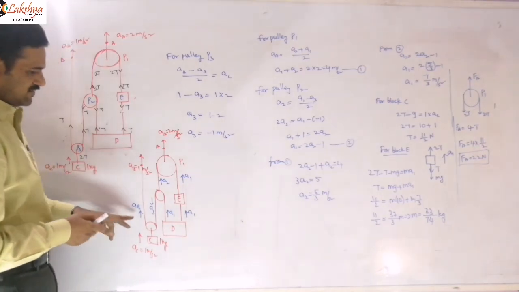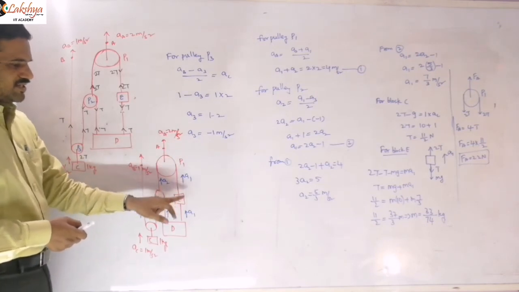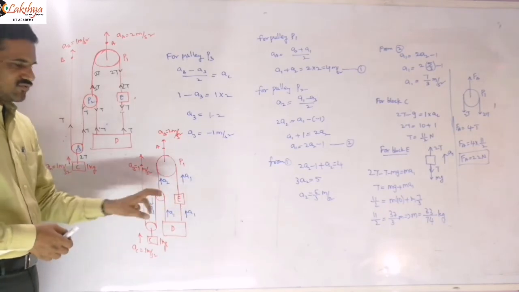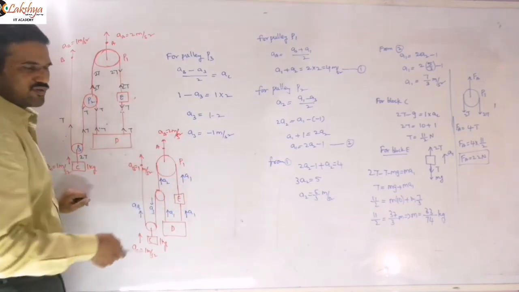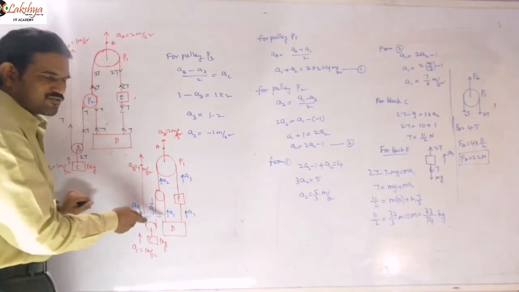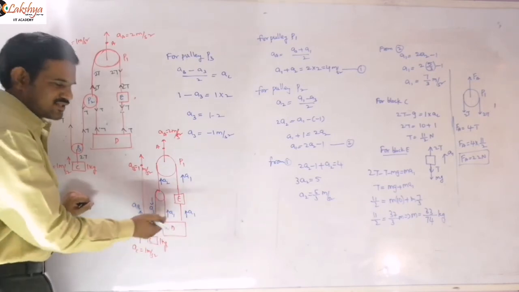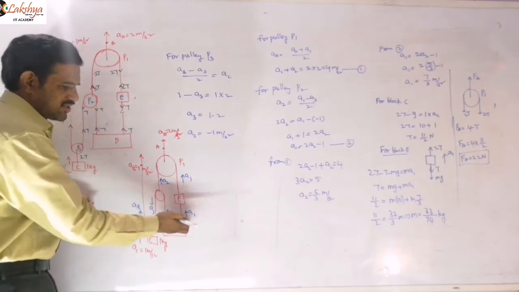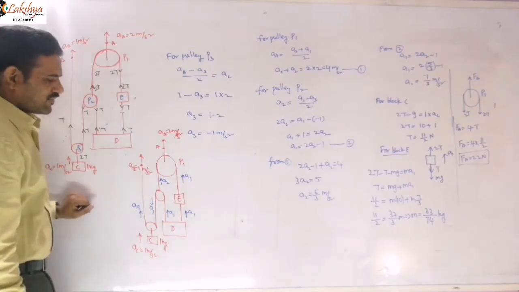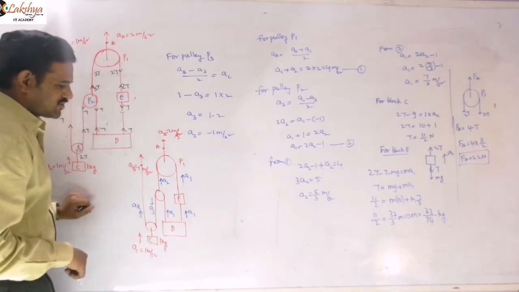And now I am assuming the acceleration of this end as A1, and if this end is A1, this is also A1 here, because these two are connected, this block is connected here, which is inextensible, and this is also moving with A1. Then this I am taking as A2, then here it will be A1. Why is it A1? In the sense this block is moving symmetrically, that is given. So the tension in this string and the tension in this string, and the acceleration for both the strings must be the same, so that it maintains symmetry. And then this I am assuming as A3 downwards. You may assume upwards or downwards; I am assuming downward direction here.